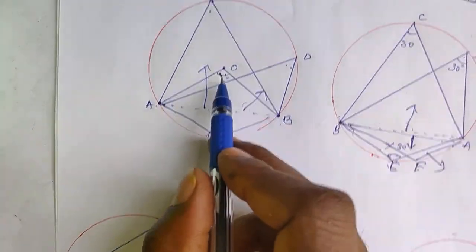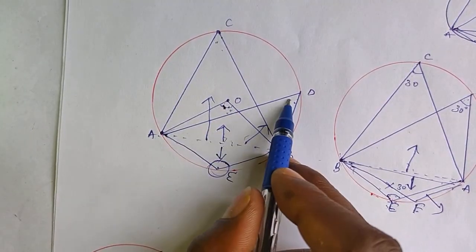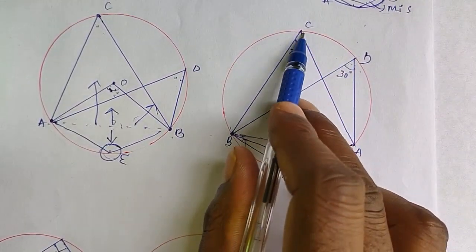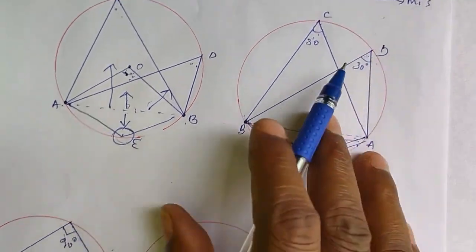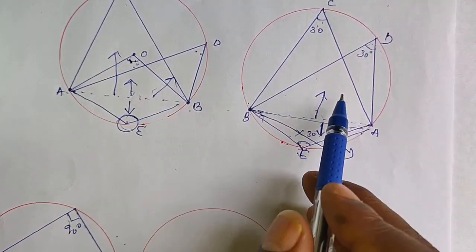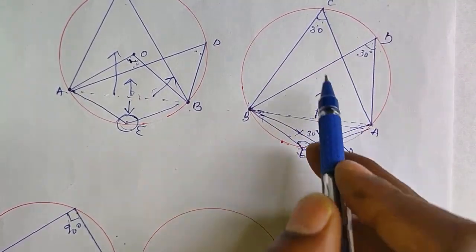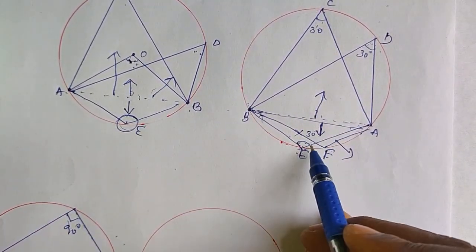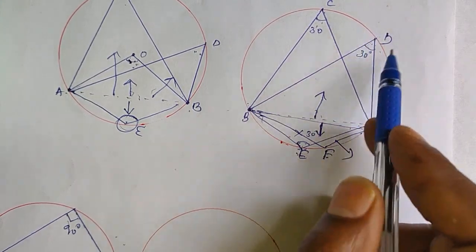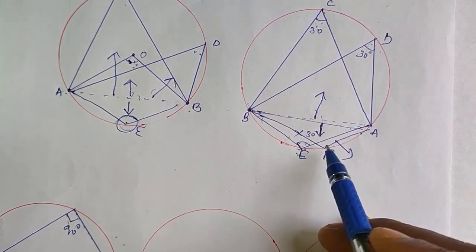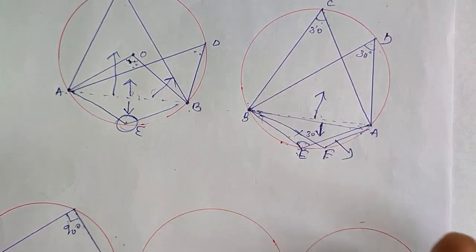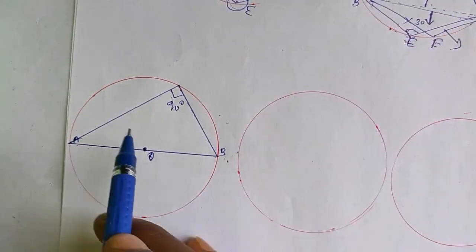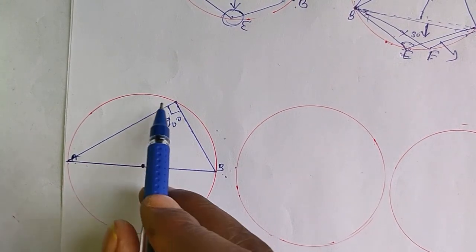In the first theorem, the angle at the center is double the angle at the circumference. Here both the angles are at the circumference. C is also at the circumference, D also, both are equal. But the thing to be clear is both should be on one side. Then only these two theorems can be applied. Any angle formed below the chord will not be related to that by this theorem; it will be related by some other theorem. It should be one-sided.